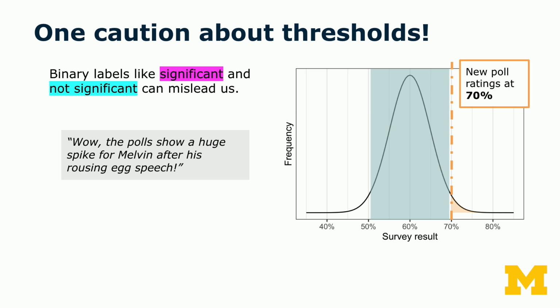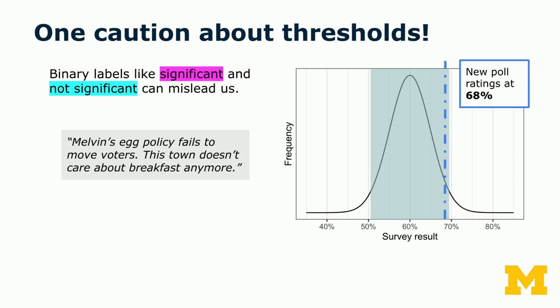So in this example, where Melvin's polling came out at 70%, we said that is significant, because it is outside the range of the values we'd expect if he was still truly at 60% support. So could you imagine, that gets released and the pollsters and the news are saying, wow, the polls are showing a huge spike for Melvin after his rousing egg speech, right? And so maybe we go all in and we say the difference is real and it's because of his egg policy. So what if the poll had been just 2 percentage points lower and we're at 68%,